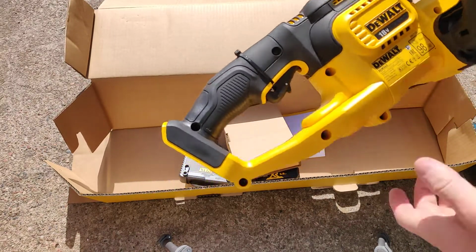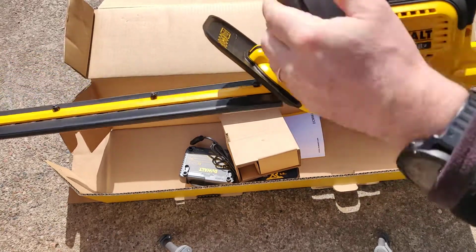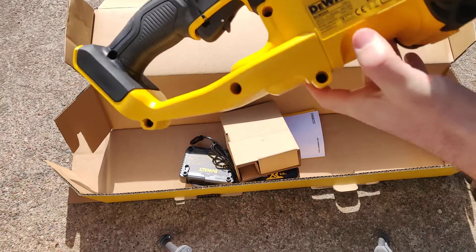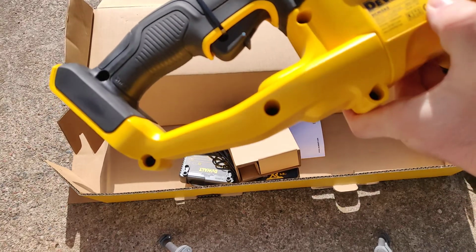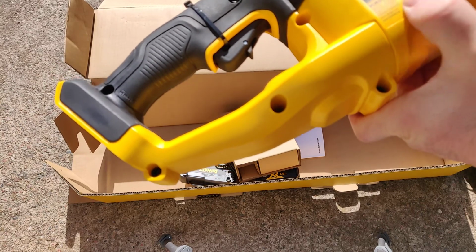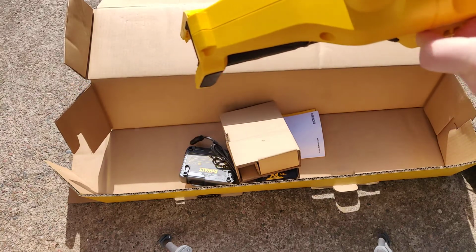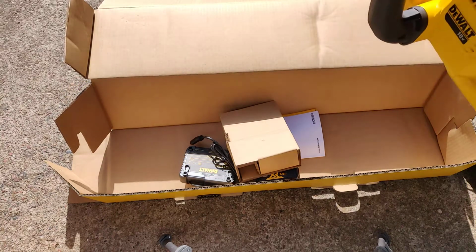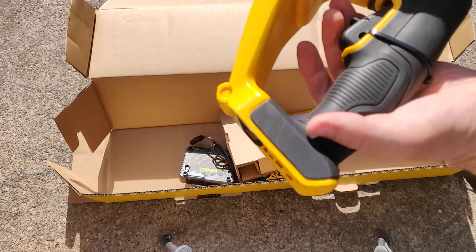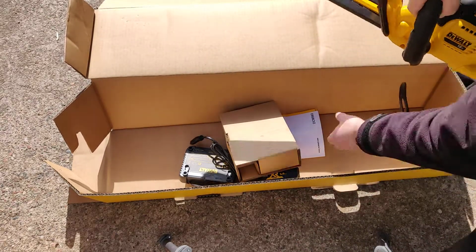The build quality on the hedge trimmer seems very good, as with all Dewalt devices. The label says it's a Dewalt DCM563, made in PRC, Germany. The trigger still has a prevention. I need to cut that open, and in any case I need to